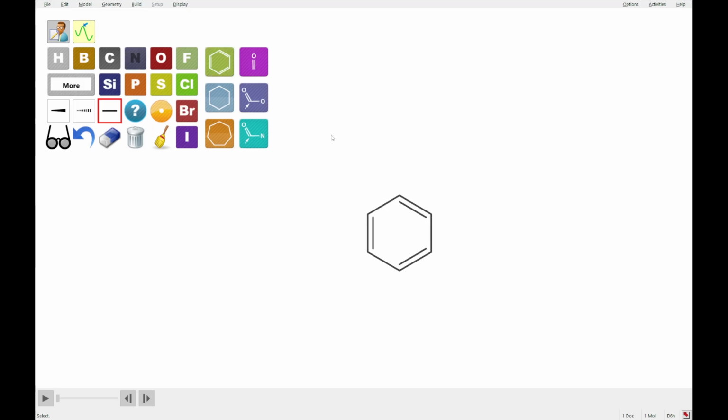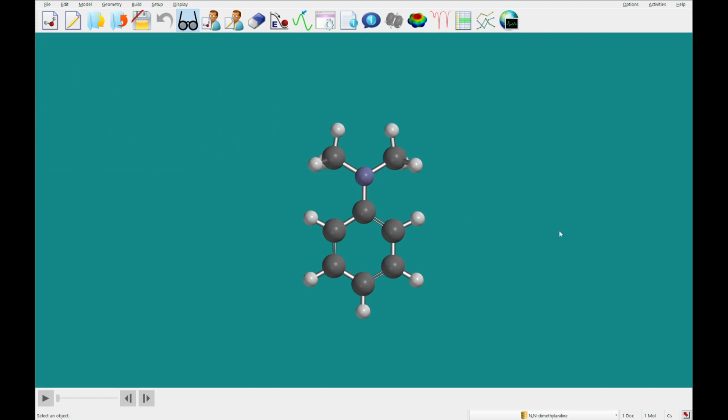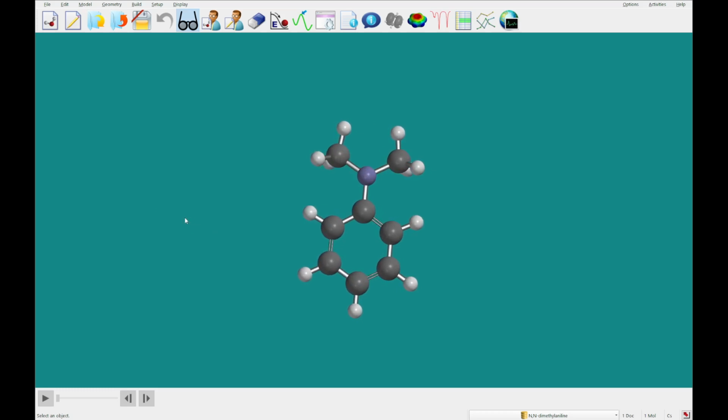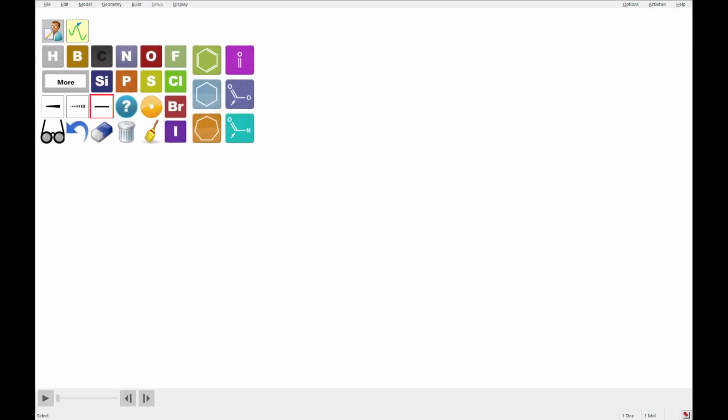I'm going to click nitrogen and click this carbon, drag up, and then select carbon, and then over the nitrogen you'll click and drag away left, then right. I'm going to use this broom icon to clean up the structure, and then if we were to click on this sunglass icon and enter view mode, we can convert this to 3D, and you'll see we've sketched N,N-dimethylaniline. So I'm going to close out of that, head back into the sketch builder, and we're going to move on